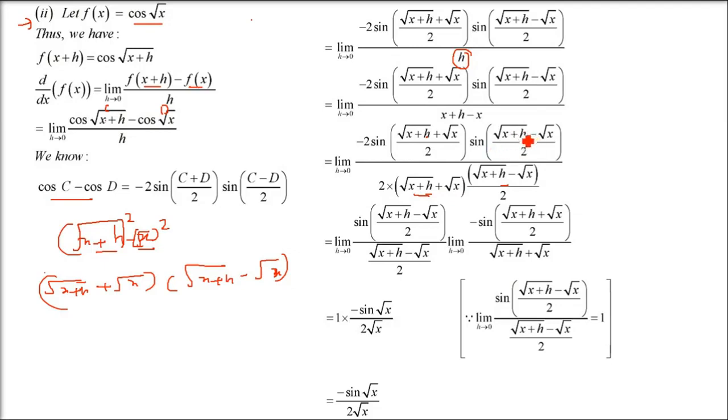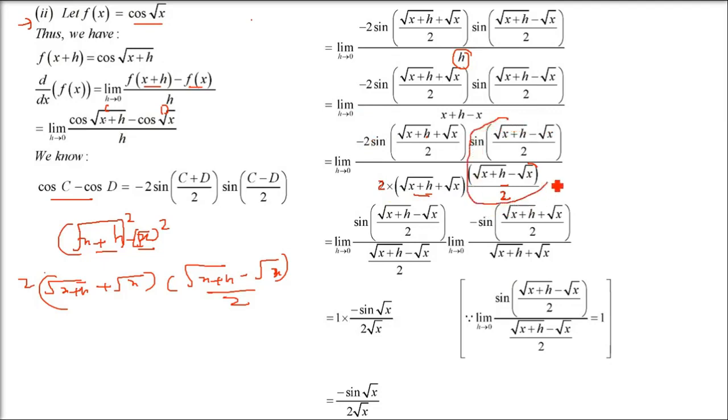So we have sin((√(x+h) − √x)/2). Since we have this in the denominator now, which term? We just got it, on the left I just showed you. So this √(x+h) − √x, we have to divide it by 2 and multiply by 2. That is what has been done. The 2 and 2 have come like this only. Okay, the minus 2 was already there.